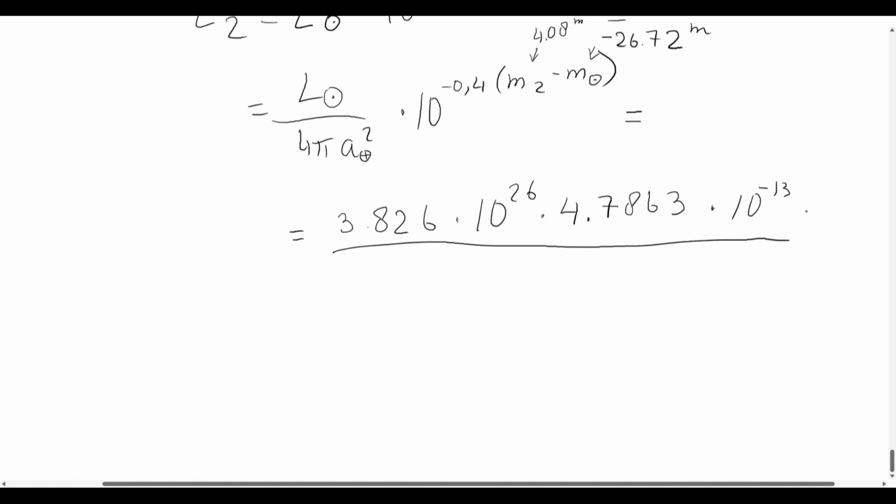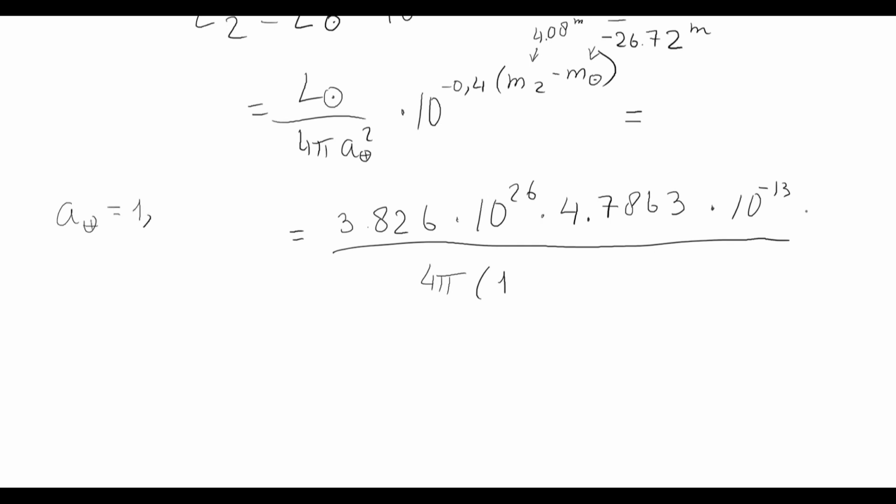And we would divide it with 4 pi times 1. Okay, let's assume that A of the Earth equals 1.496 times 10 to the power of 11